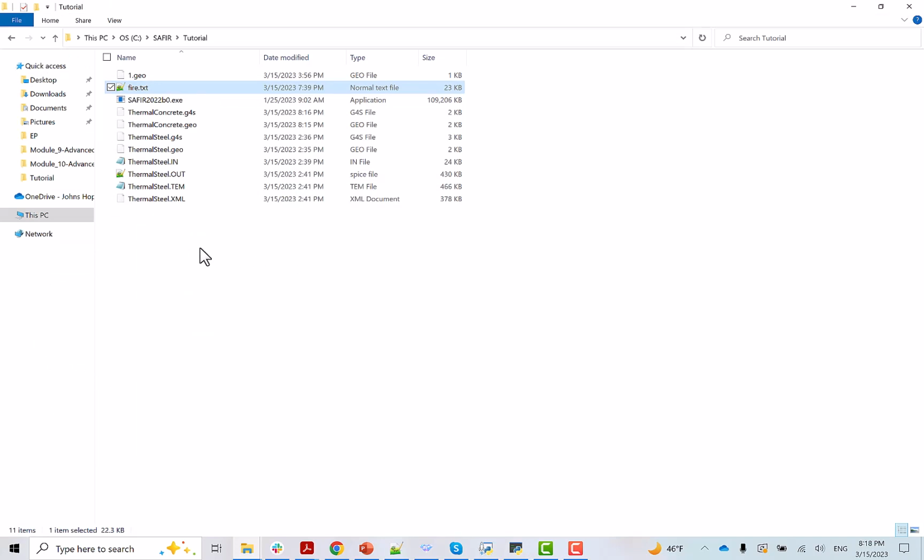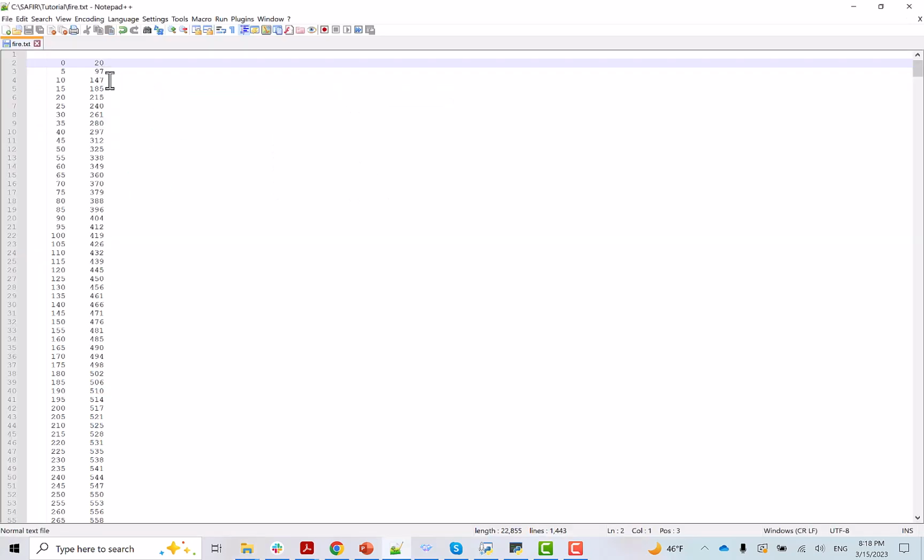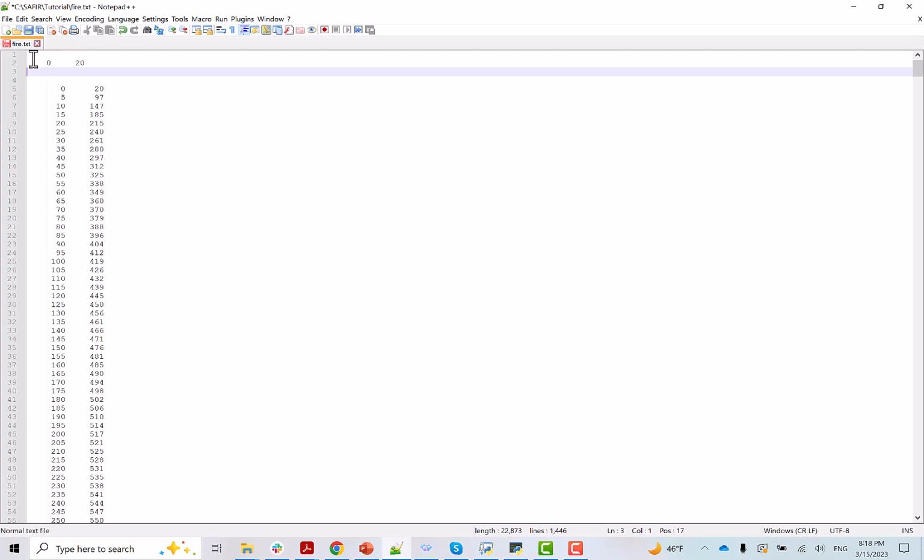We navigate to the folder where we saved our project. You see here I have thermalconcrete.go and .j4s from GmSAFIR, which have been created, and I have to create a text file, fire.txt, the same name as specified in the model. And if I open it, you see I predefined it, but here you have to type the times and temperature in seconds and degree,